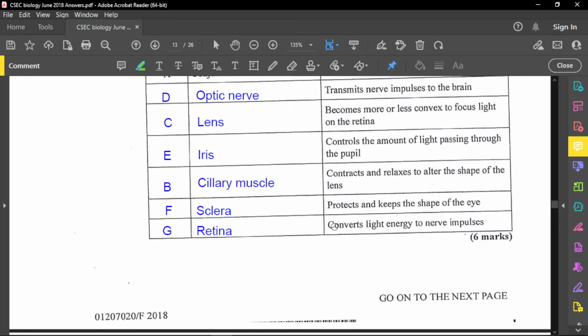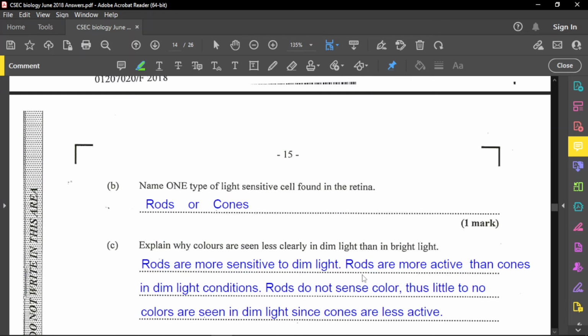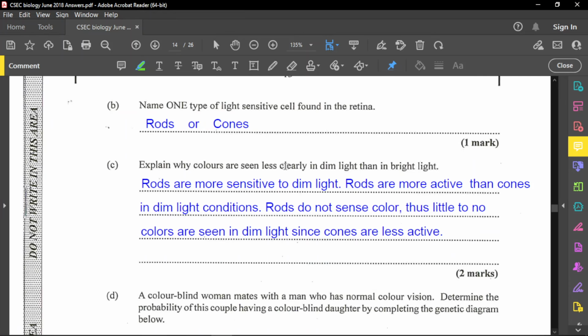And remember that the retina contains rods and cones, which are light sensitive cells. Now we said name one type of light sensitive cell found in the retina, and you can either write rods or cones. And for part C, it asks us to explain why colors are seen less clearly in dim light